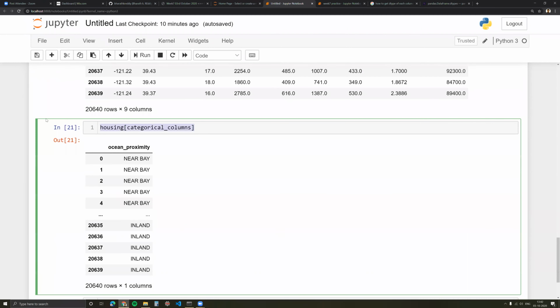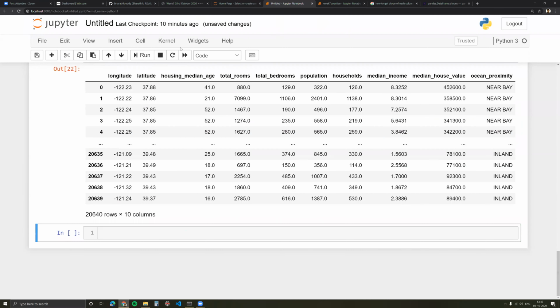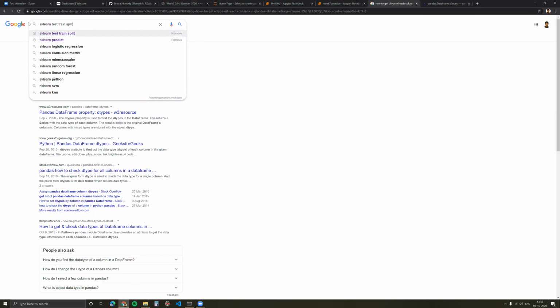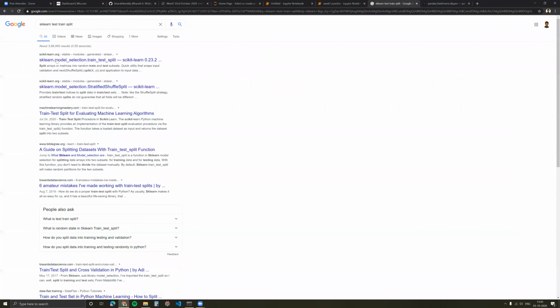So we have our housing. This is what we want to break. How do we break it? I'm going to import a library from sklearn. What I do if I don't remember is I just Google sklearn train test split.